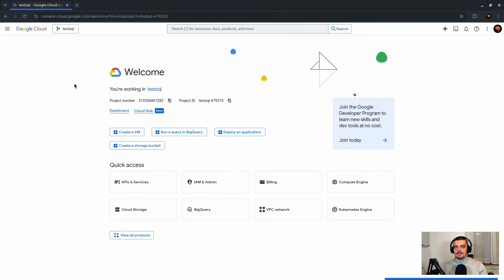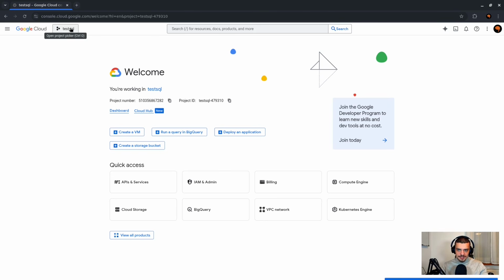Alright, so I want to get right into it and not waste your time. What we're going to learn today is how to use the service called Cloud SQL. So Google Cloud SQL is basically the service that Google offers for you to host your database on the Google Cloud. You can use MySQL or Postgres, and we're going to start by creating a new project in the